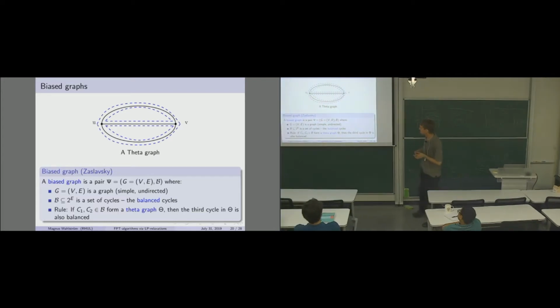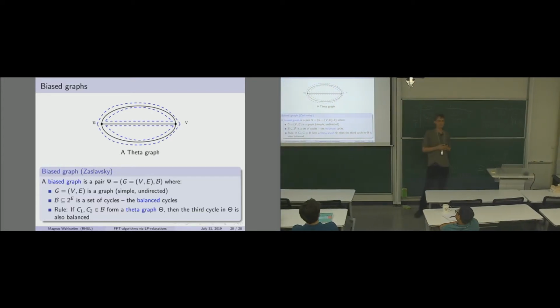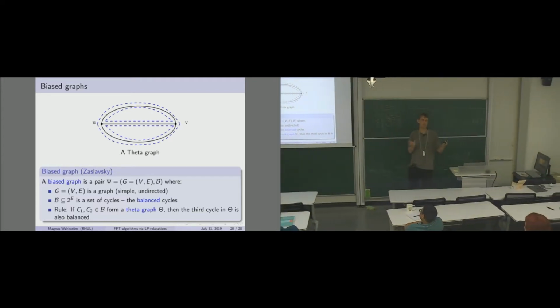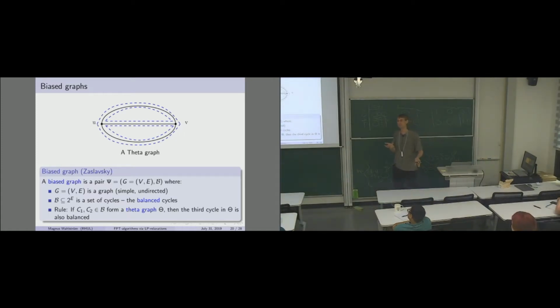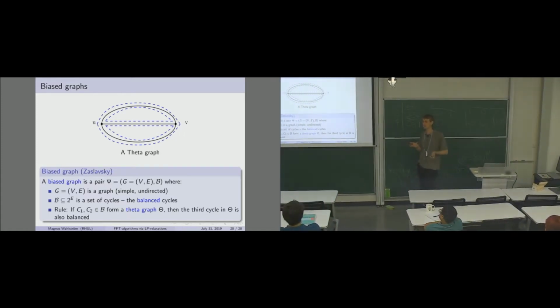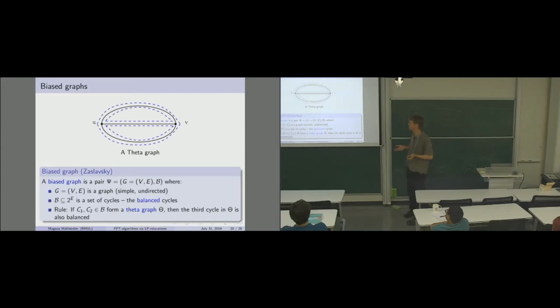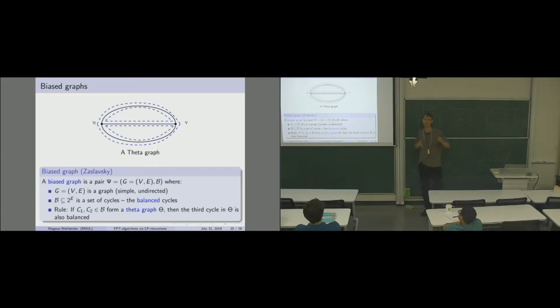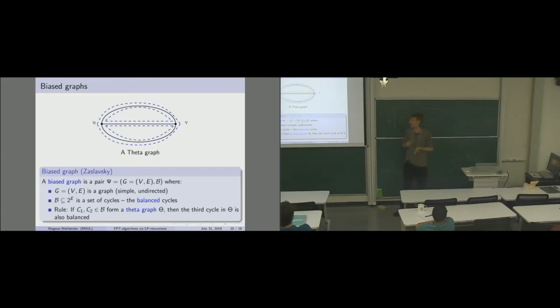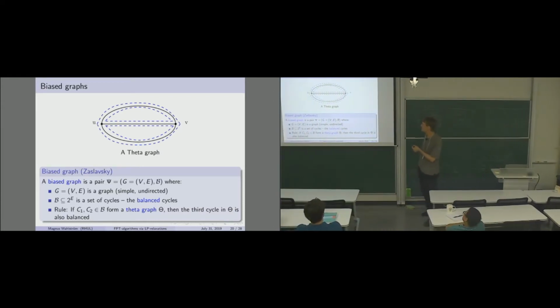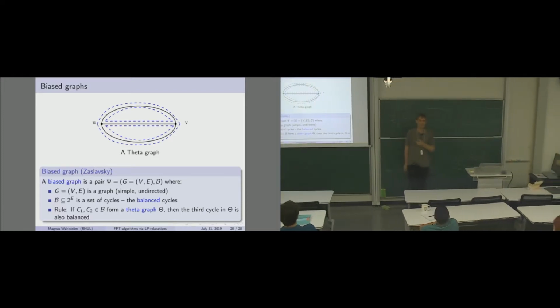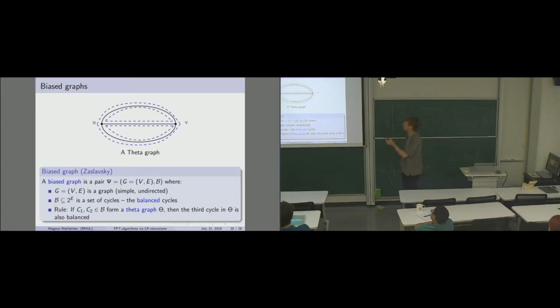Definition: a biased graph is a graph together with a list, abstractly speaking, of cycles of the graph, not induced cycles, but simple cycles, so what you normally think of as cycles. Every cycle in B is called balanced. The cycles not in B are unbalanced, and the condition says whenever you have a theta graph,